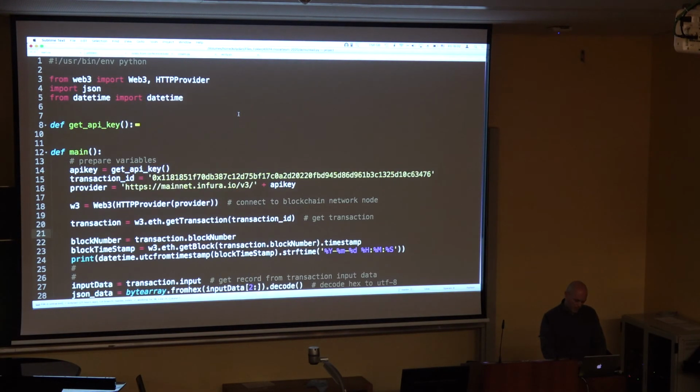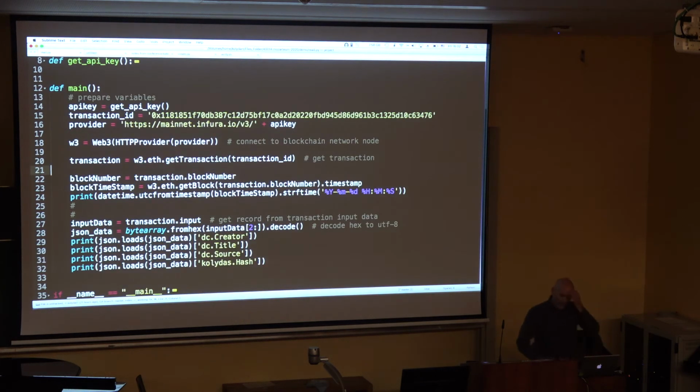So this is reading. It's written in Python. Actually, this is the preparation. I'm going to connect with a public node and ask stuff about this blockchain. I could run my own node. As I said before, running it is peer-to-peer. So if I want to connect to the public node, I need an API key. I connect